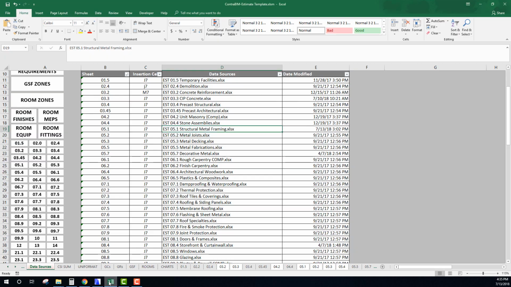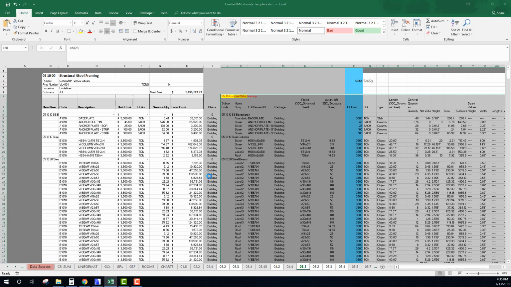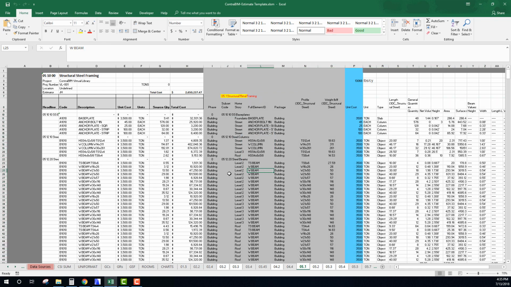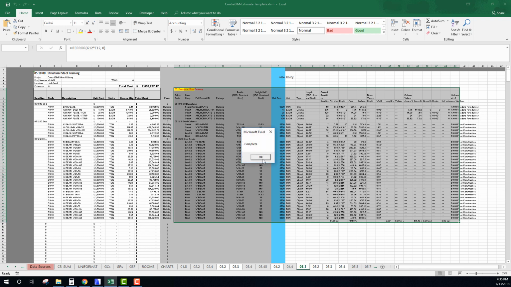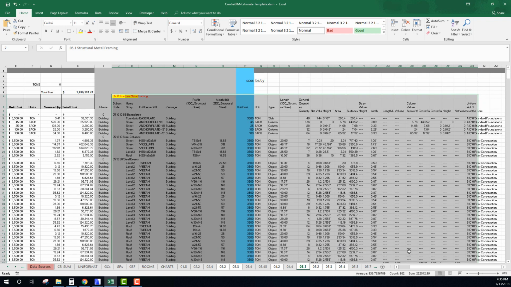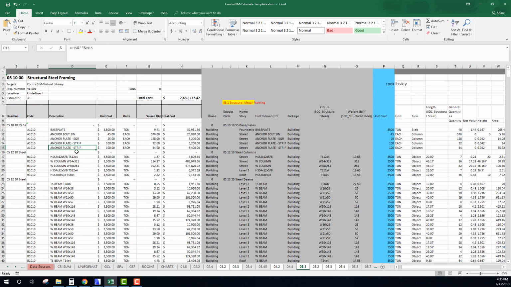Close. We'll go back to our sheet and let's just refresh this. Okay, so there we go. We have all of our data loaded in. If we refresh it again, we can see the extents. And okay, so that's looking pretty good. Yeah, so our total here in terms of total cost, we're looking at about 2.6